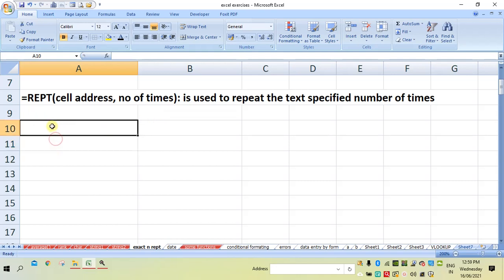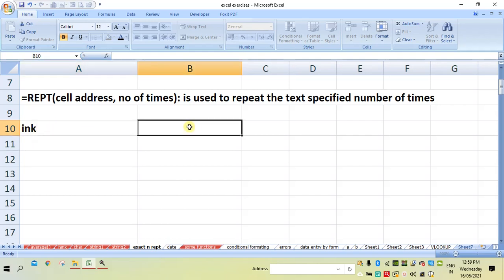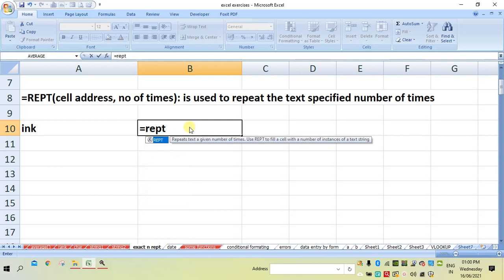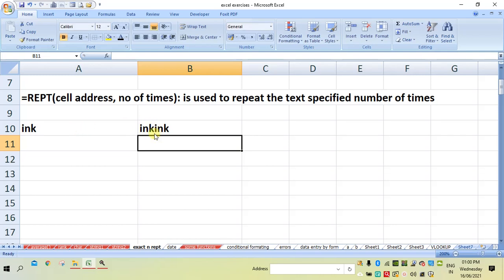Suppose this cell has the word ink and you want the same ink in this cell 2 times. Then you can write equal to REPT, in brackets cell address, comma, how many times you want, 2 times, you put 2 here and enter. So you will get ink 2 times.